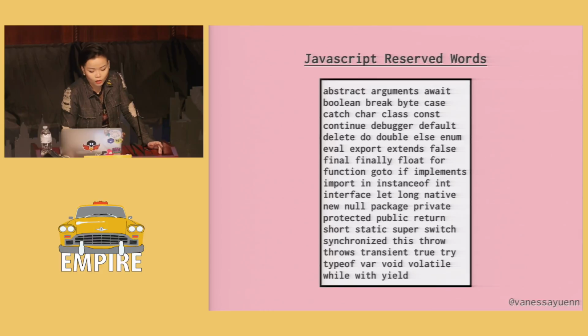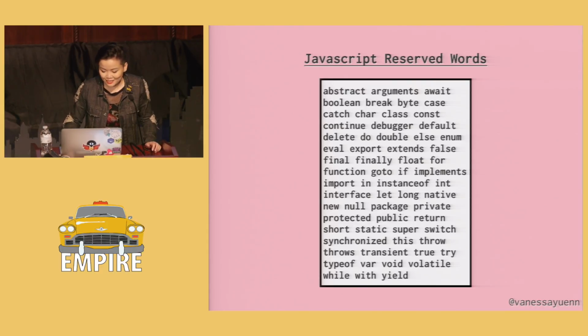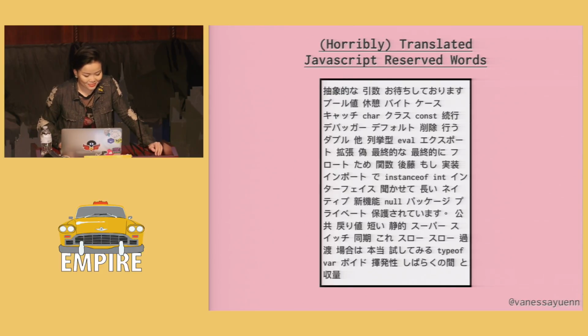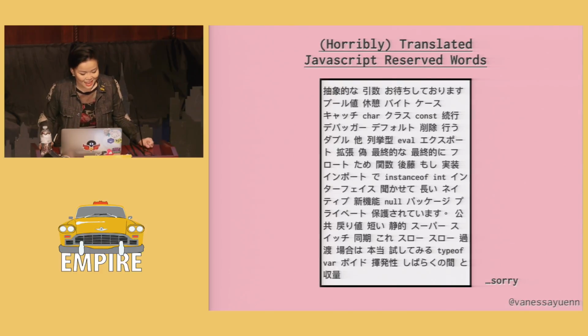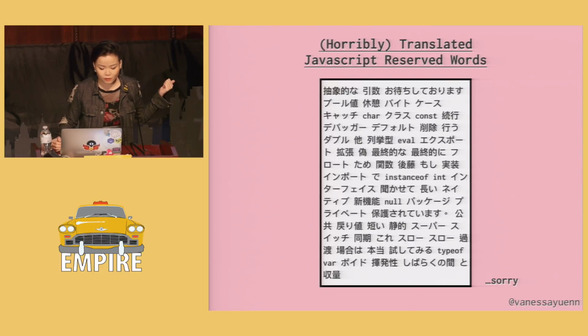Now, here's a list of all the JavaScript reserved words. There are not so many, just 64 of them. And each of these words has special meanings in the context of JavaScript. And I ran this list of words through Google Translate and translated them to Japanese. I don't actually speak Japanese at all, so I'm not sure how bad the translation is, though I'm sure it's bad, so I apologize. The point I'm trying to make is just take a second to imagine that you, assuming you don't speak or can't read any Japanese, have to memorize all these symbols before you can write one single line of JavaScript or even understand a code example.